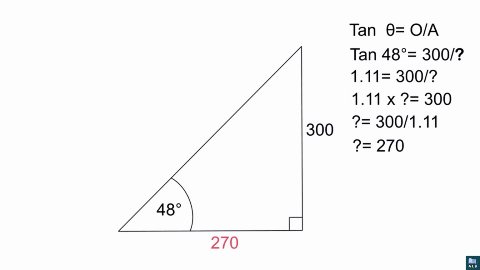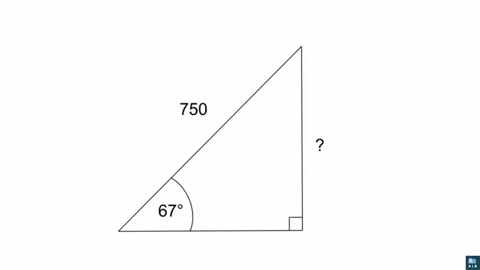Now it leaves us with one more. We've already done cosine and we've already done tangent, so let's mix it up a bit, and we're going to finish strong with sine. Now you can tell we're going to use sine because we have an unknown here. We have our opposite side, which is unknown, our hypotenuse, which is 750, and our angle, which is 67 degrees. So our sine is equal to opposite over hypotenuse,